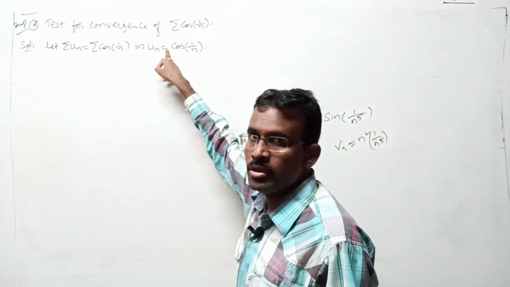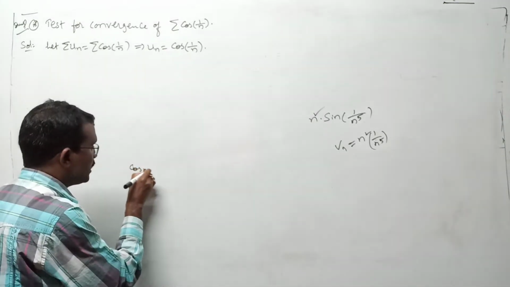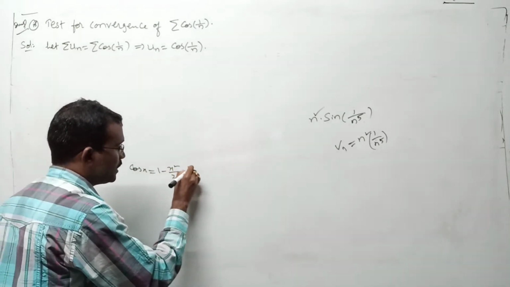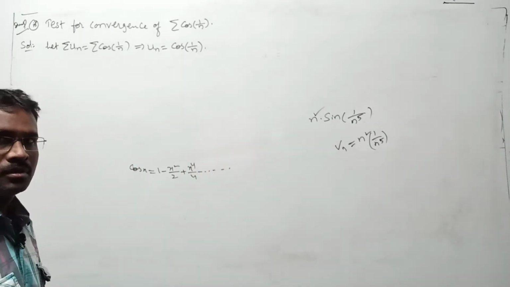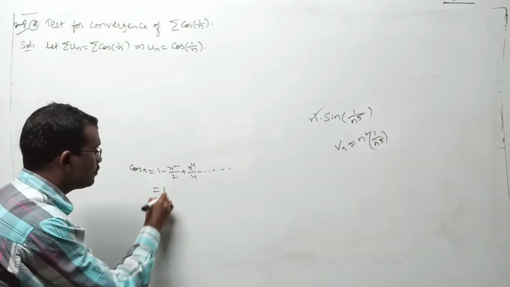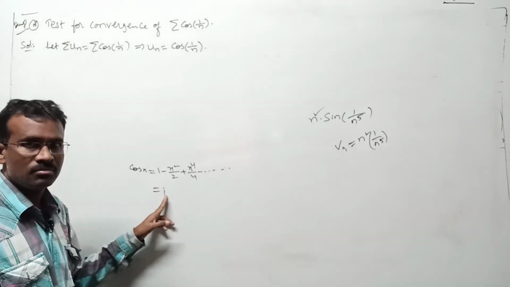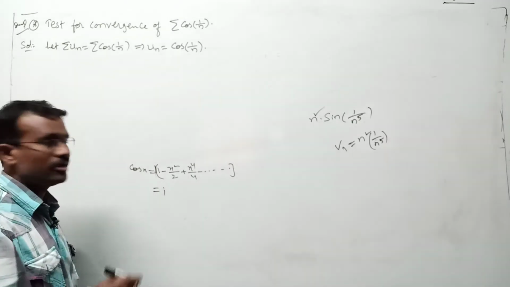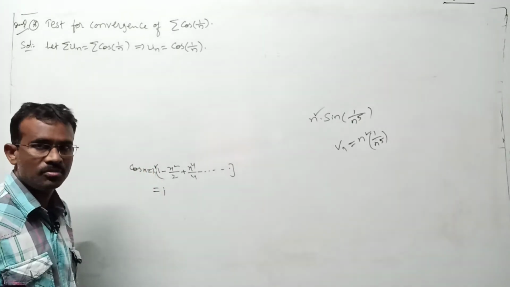You may ask why we are proceeding like this. Because you know the cos x expansion: 1 minus x square by 2 plus x power 4 by 4 factorial minus so on, right? Here the starting term is 1. If you apply the limit, you get 1, which means a constant term is there. No need to proceed with any other term, directly its product term. Product term means 1, not this one. Its product term is basically 1. That one you can select as Vn.